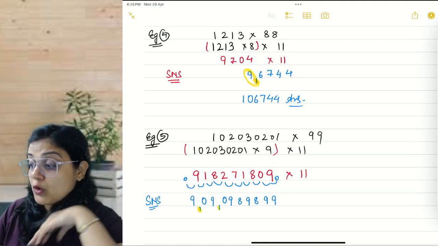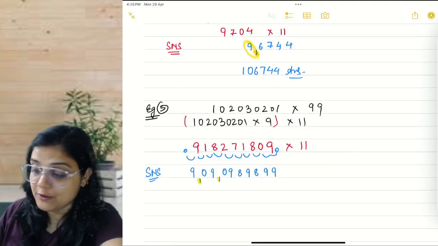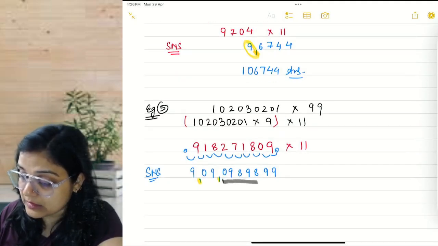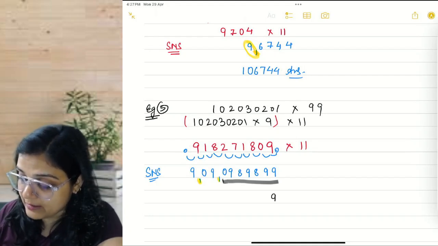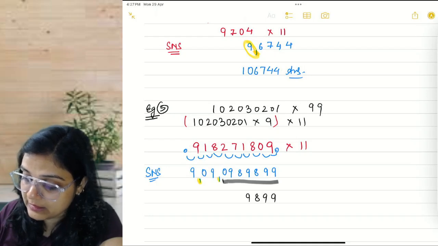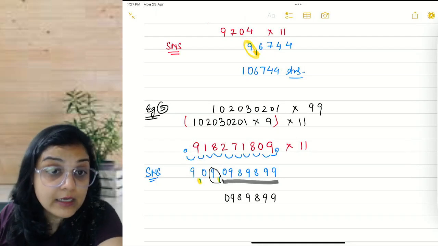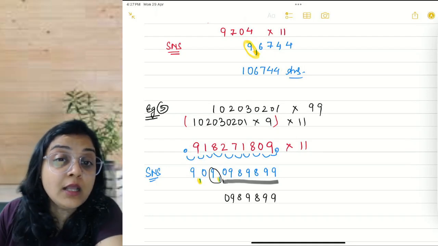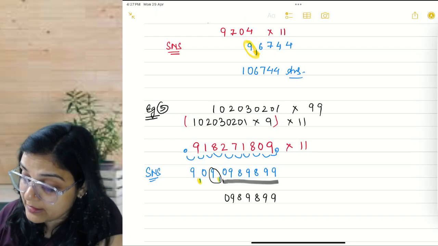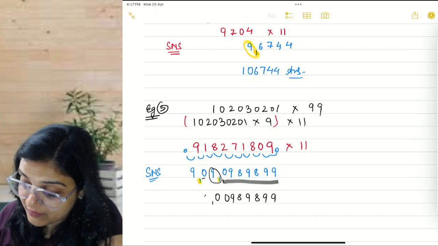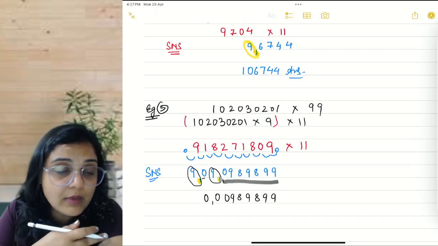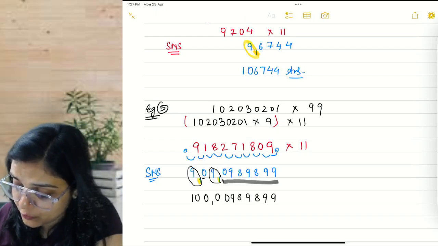a very, very interesting question that we have made by chance. So see, till this 0, there is no carry. So you can simply write it down as it is. So I am writing 9, 9, 8, 9, 8, 9, 0. Then 9 plus 1 is 10. It's again a two-digit number. So I'll write 10 like this. And then this 0, there is no carry with this. And then this 9 plus 1 is again 10. And then there is nothing after 9. So you can write it like that only.